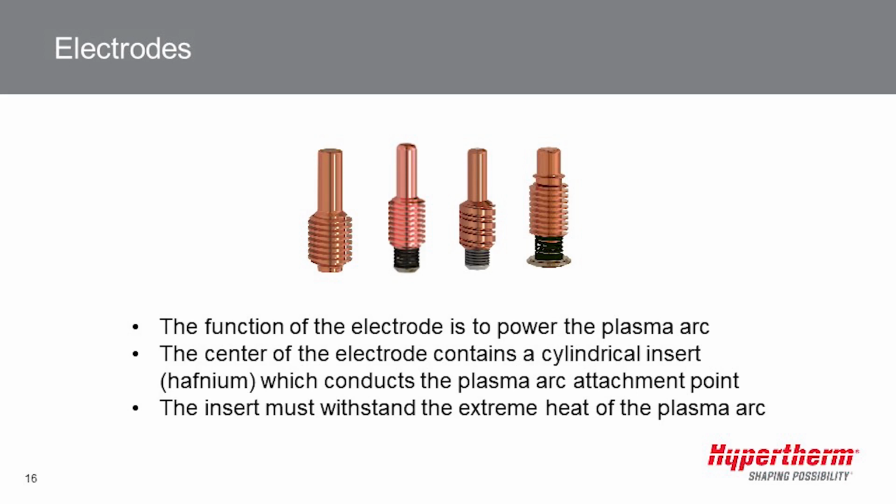So it involves an element which has a very high melting point. And in this case, we would refer to that as the hafnium being that center point. And it has to withstand that extreme heat of the plasma arc. And that's really the part of the consumable that's going to wear. So if we go to the next slide,